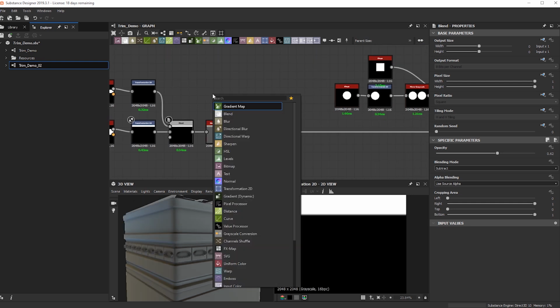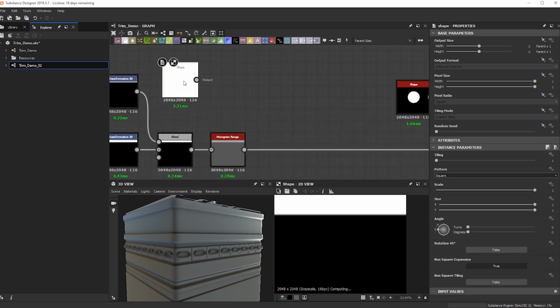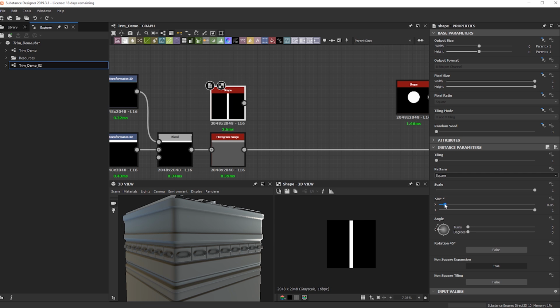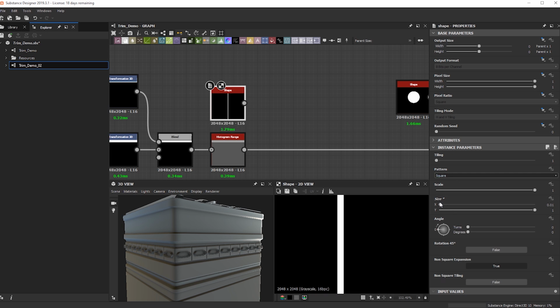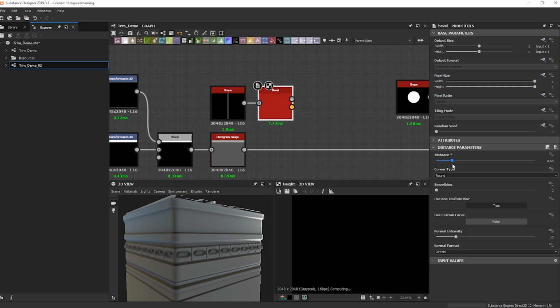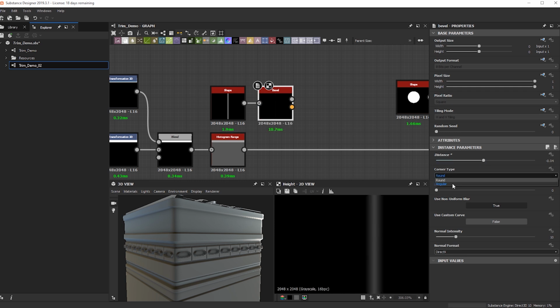But to add cut lines, what I like to do is start out with a shape. And I'm just going to scale this guy really inwards on the X, something super thin. 0.1 works. We'll still be able to scale it. I'm going to get a bevel, and I can mess with the amount it's cutting in here. So already as we go in the negative, we can see the exact result that we want.